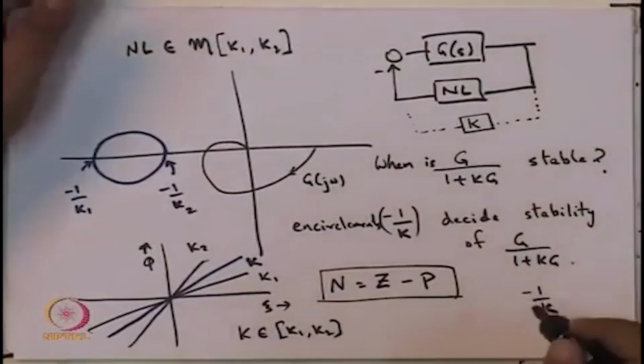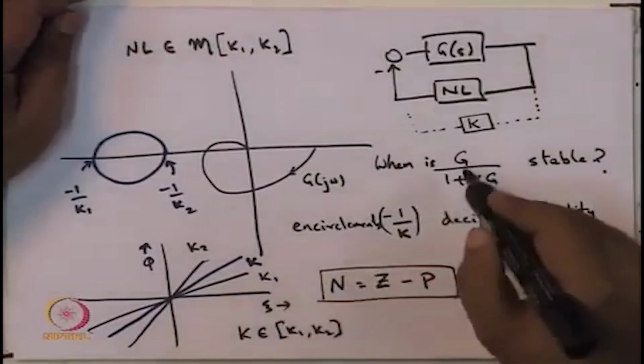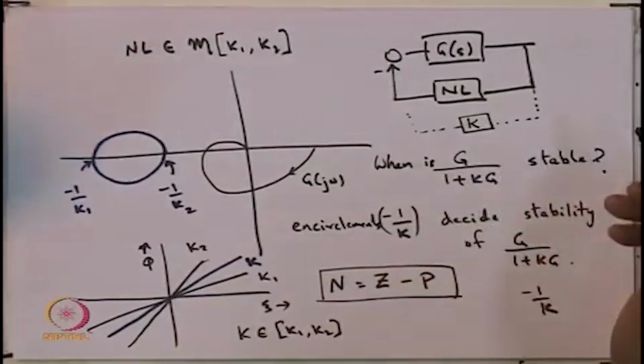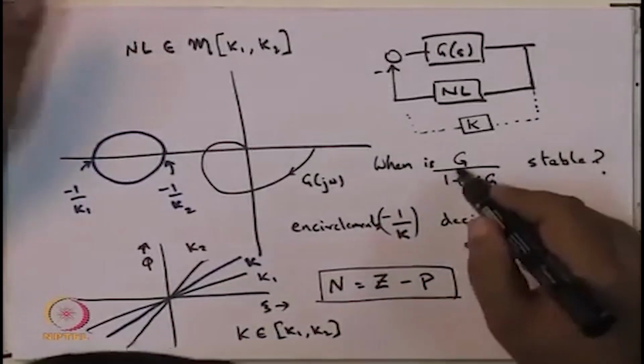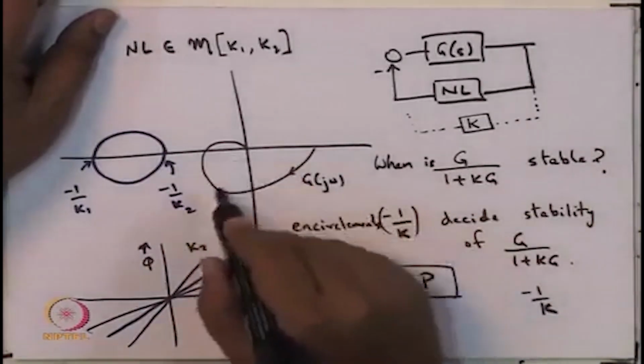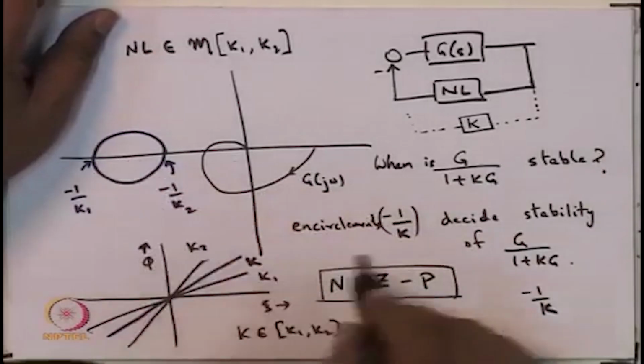Okay, so if one makes the assumption that g is a stable plant, for example, then in that case this